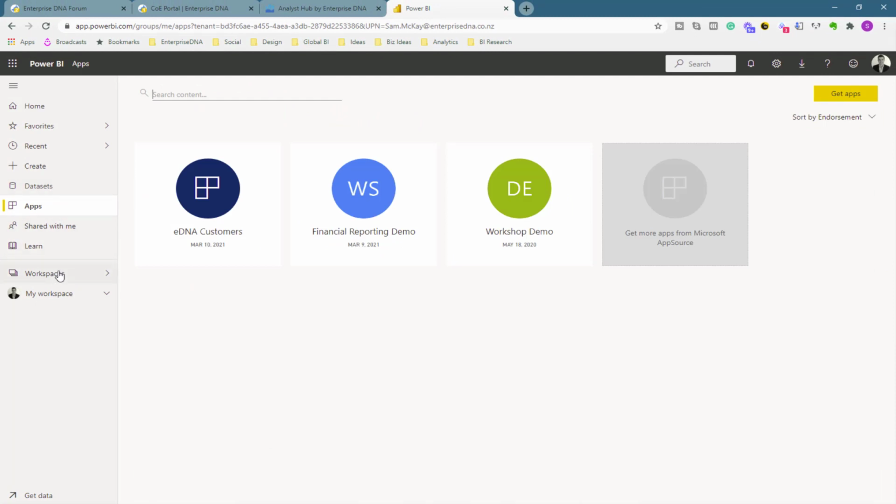I want to help all those connected into Enterprise DNA. A big part of the success of Power BI is how you actually roll this out, how you actually distribute your insights, and also just how you generally implement Power BI. So getting familiar with the structure of how the online service, the distribution of your insights, is set up within the online service is really essential, and has become so much more so than it has been in the past. Now, with your workspaces,